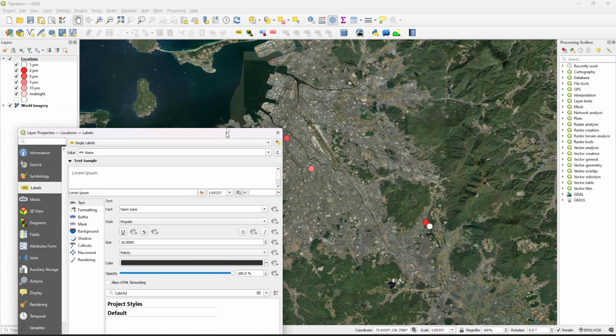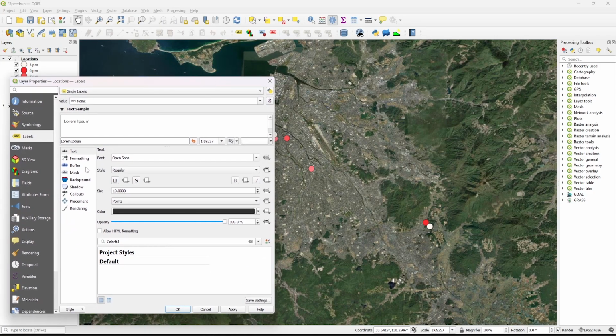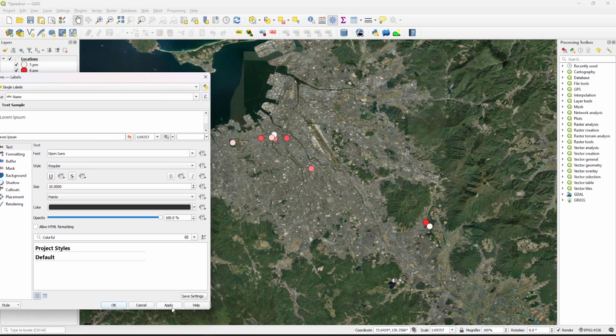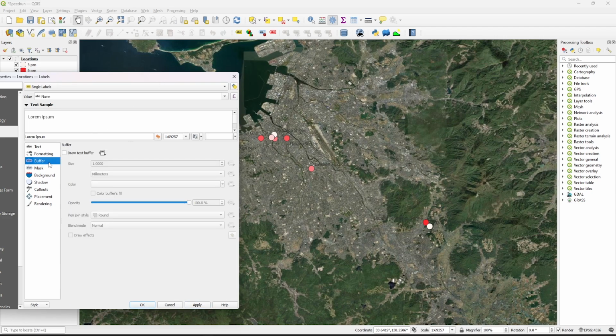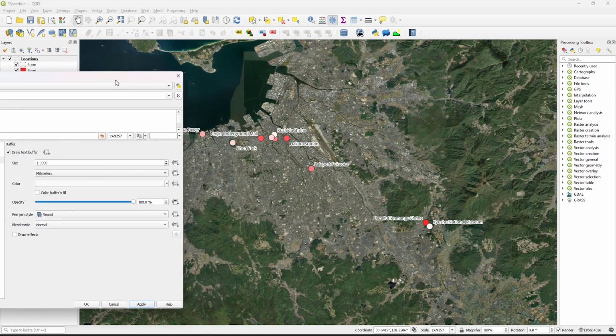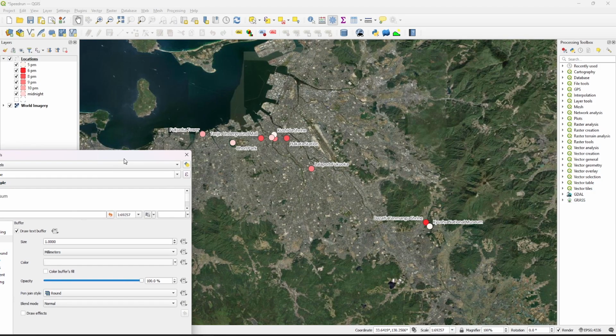I'm going to go under here for name, and if I just go ahead and apply that, it's going to throw the names up on this very noisy, blurry background. I can't really read anything. The fix to that is adding a buffer or a mask, though I think in this case a buffer would be better, so we're going to enable the buffer. We're going to apply that, and now all of the text has a little white background behind it,